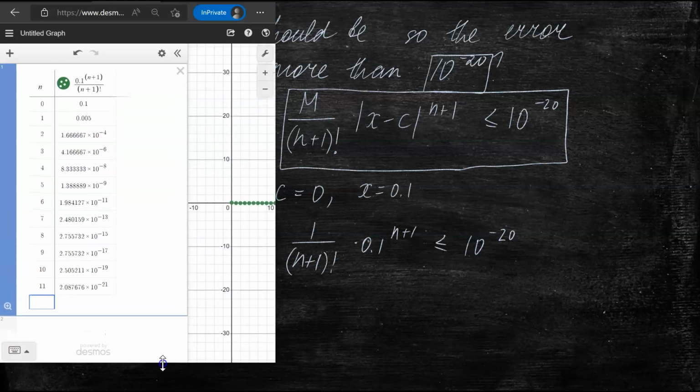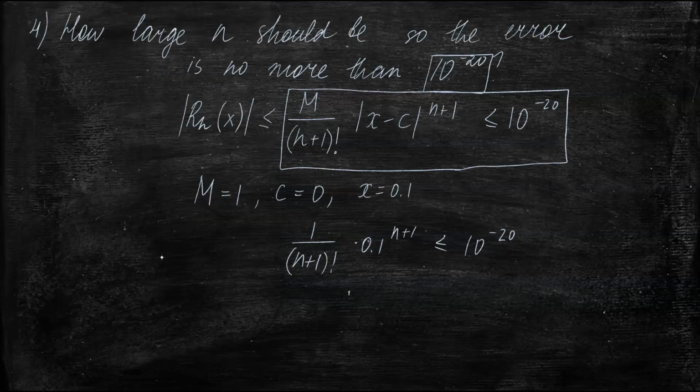let me show you this whole table, right? When n is equal to 11, this expression is now less than 10 to the power negative 20. So the smallest value n can be is 11. So the Maclaurin polynomial M11 of x will be less than